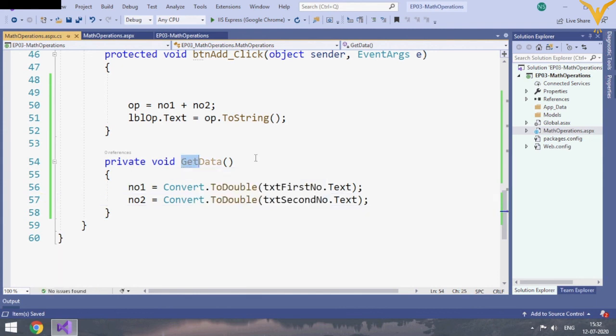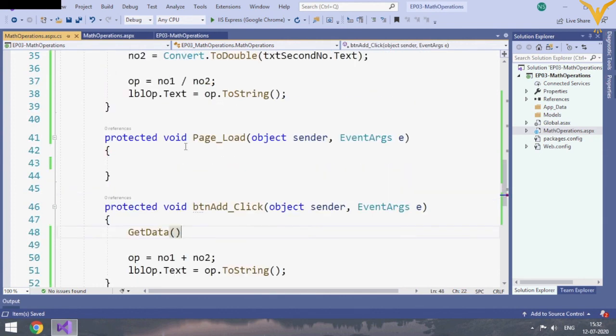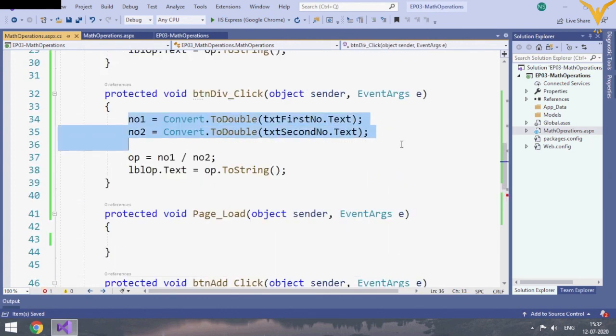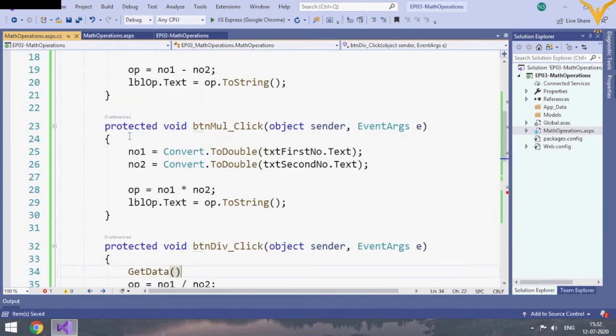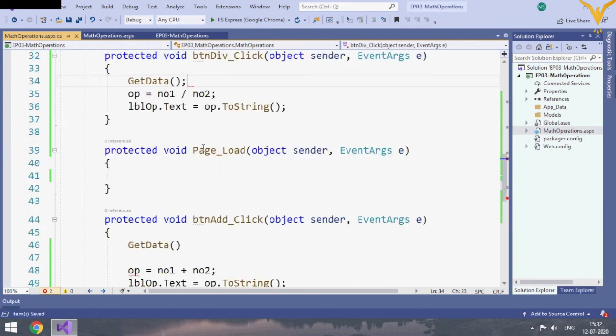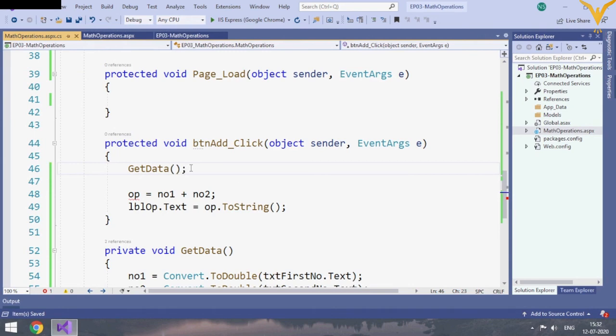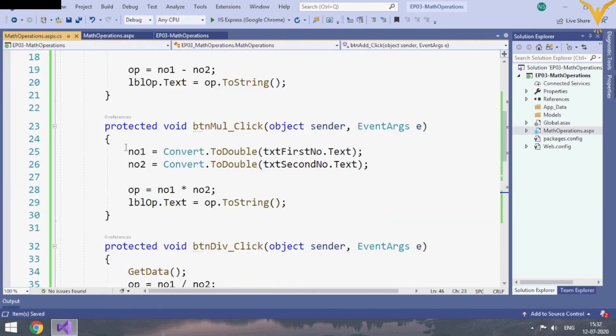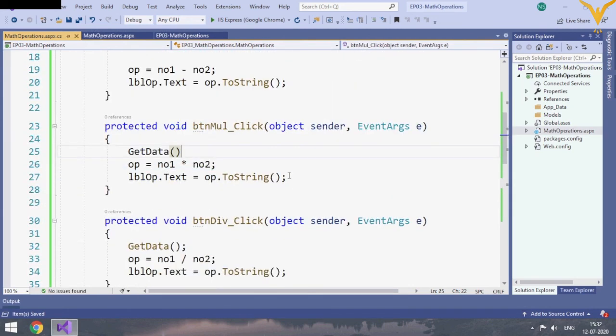Now call GetData in all your methods. So this will reduce your lines of code. We have not added a semicolon. Let's add the semicolon.